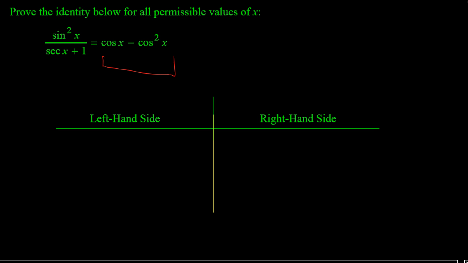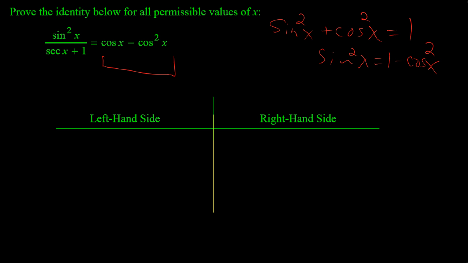So the equation that we could use, and I'll write this down, but it would be on your formula sheet, is sine squared x plus cos squared of x equals 1. So if we solve for sine squared x, we get sine squared of x equals 1 minus cosine squared of x. So this isn't part of our solution, but it's certainly what we want to use when we're starting this. So instead of saying sine squared x, I am going to write 1 minus cos squared x